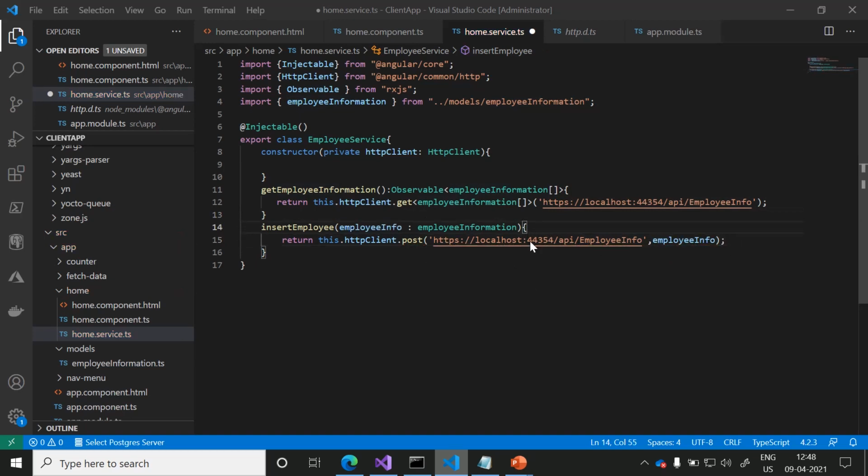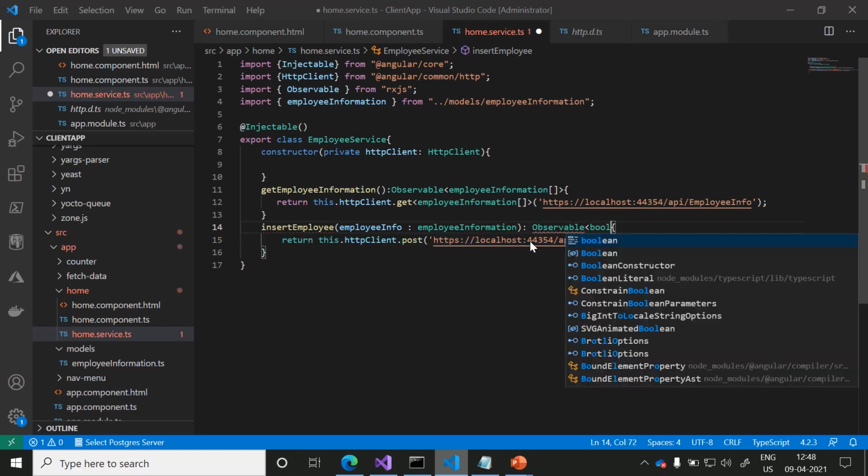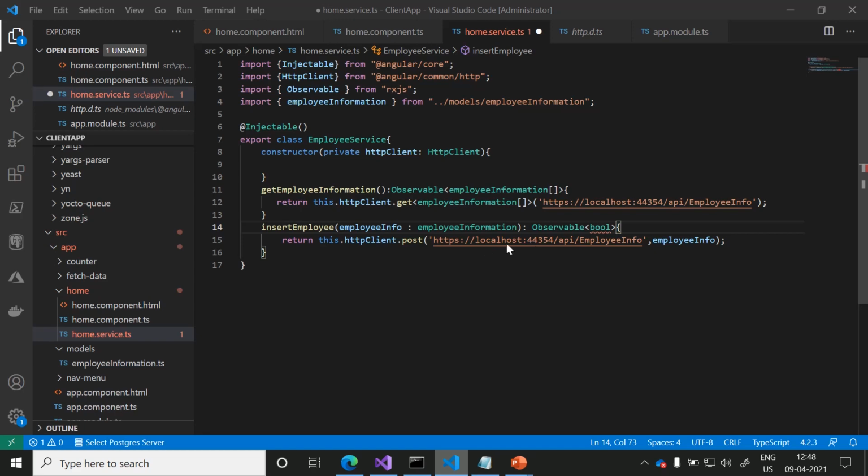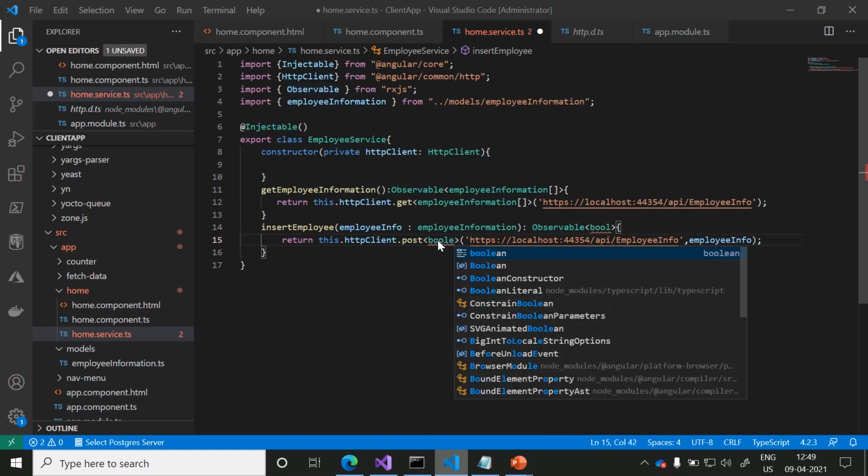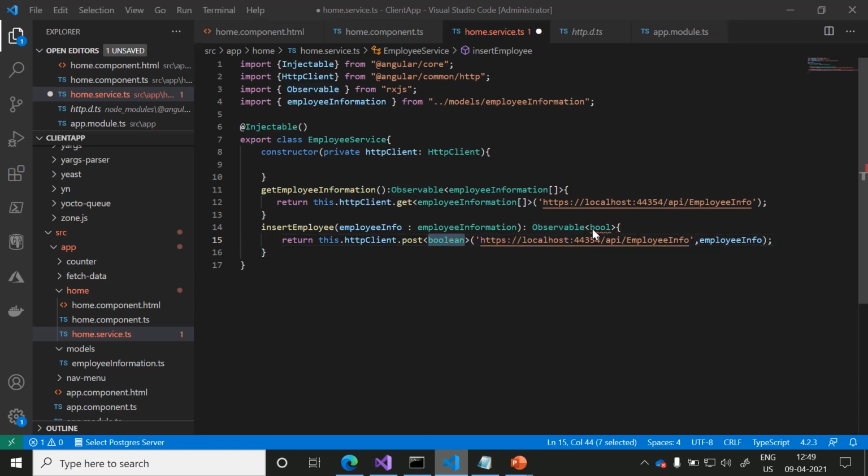This will return observable of bool, whether the insertion is successful or not. We are done with separating insert employee as well.